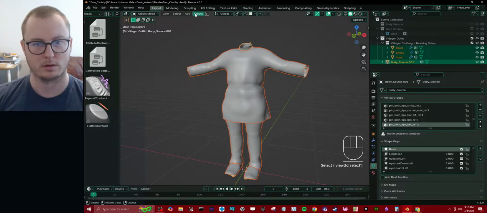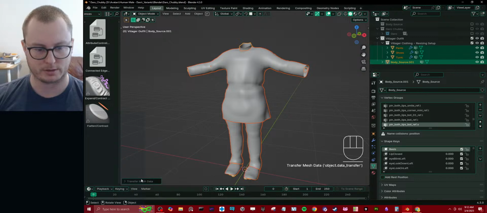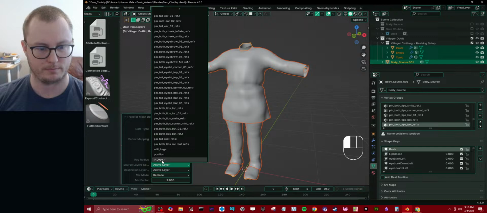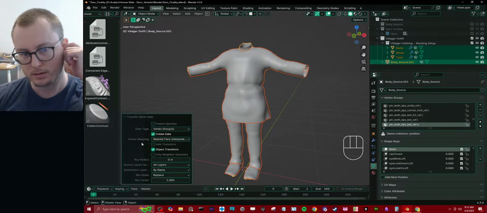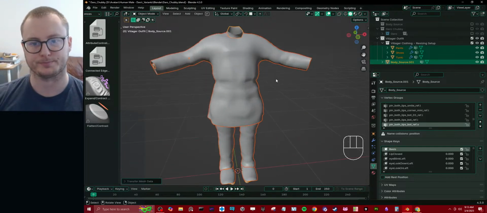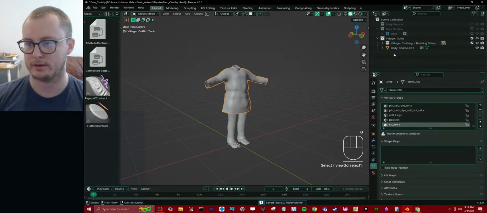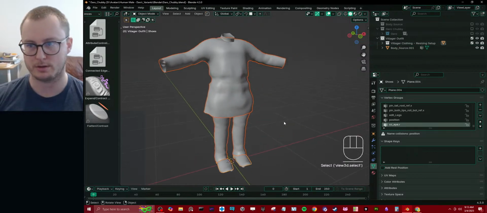Body, object, link transfer, transfer vertex groups. All layers. Nearest face interpolated. Okay. So now our clothing should have everything Daro, including the edit groups. So what we'll do